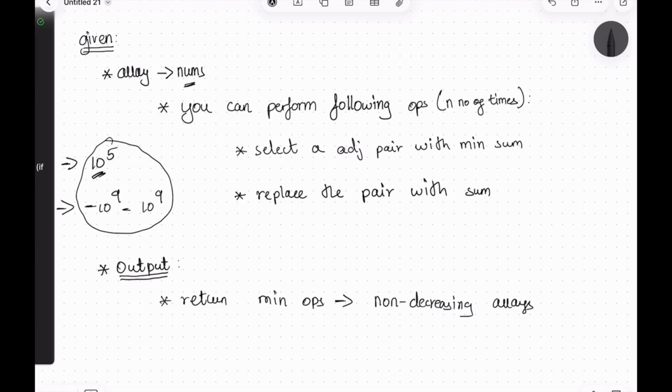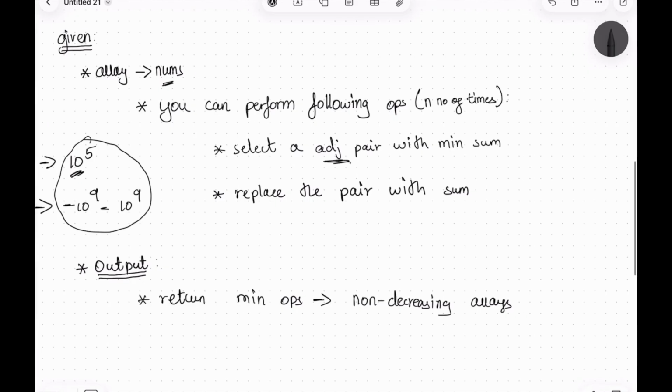of times. We can select an adjacent pair, which means you have I and I plus 1, or I minus 1 and I. These two are the adjacent pair with the minimum sum in the nums, right? And replace the pair with the sum. You can do this n number of times in such a way that you get a non-decreasing array,